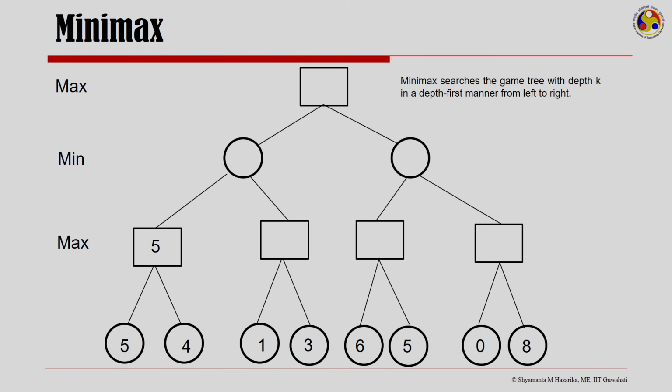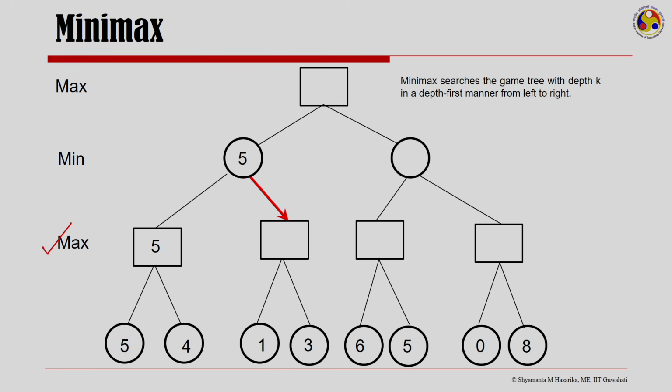Next, this is a depth first search, so it has to go to the Min level, to the leaf node one more time, picks up the value 4, but then when it backs it up, one has to remember that this is a Max layer. I am expecting the maximum of the two. 4 is not entered, we still have 5 there because 4 is less than 5. We work with the maximum because this is Max. So this is backed up one more time and Min has a 5 there.